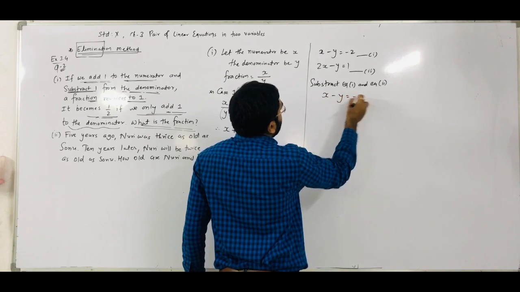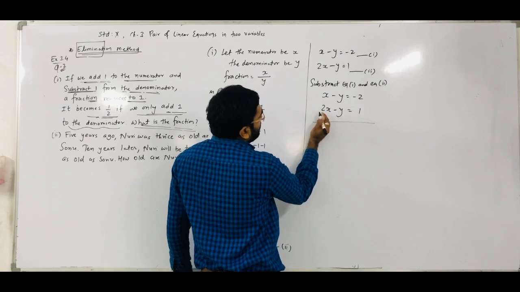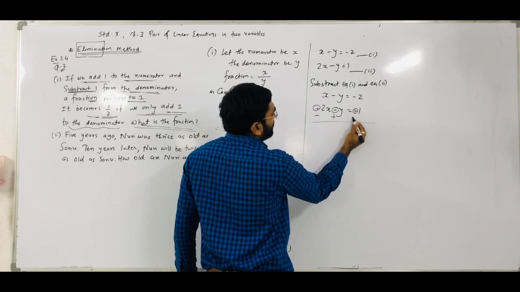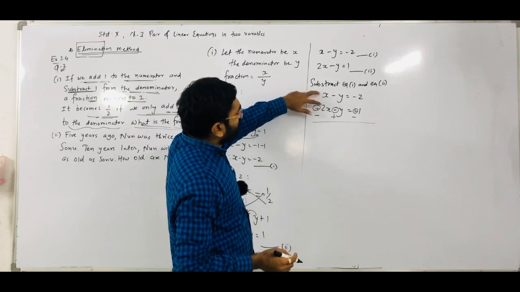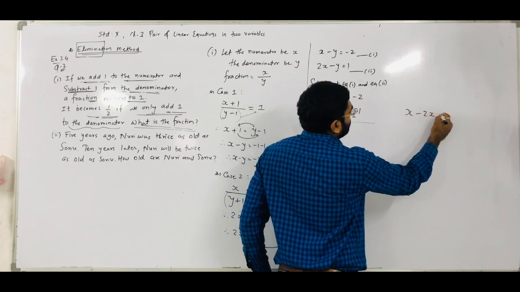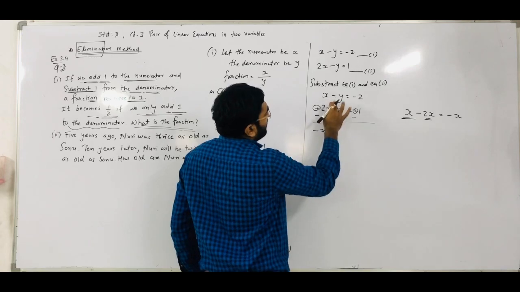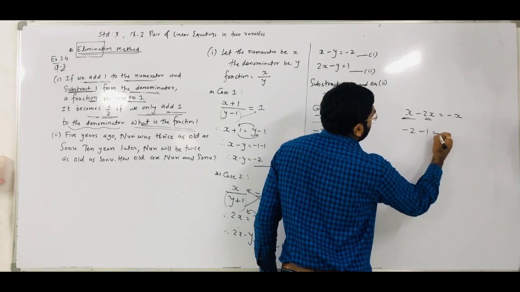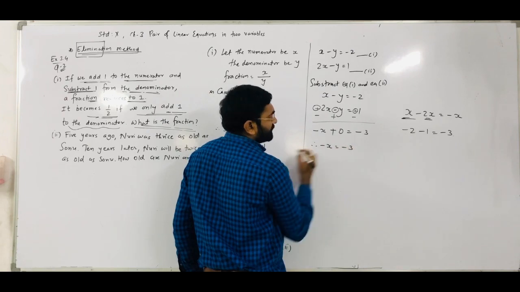Whenever you do the subtraction of two equations, you have to change the sign of your second equation. So plus becomes minus, minus becomes plus, and plus becomes minus. Why? Because we are doing the subtraction of the equations. Now x minus 2x, subtraction of those two terms is minus x. So here we write minus x. Minus y plus y, we get 0 only, is equal to minus 2 minus 1. Its addition is minus 3. Right? So here we get minus x is equal to minus 3.